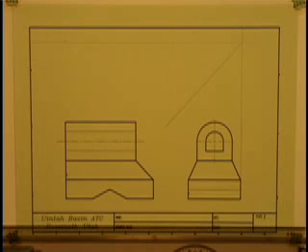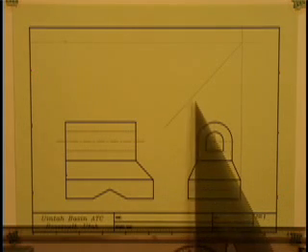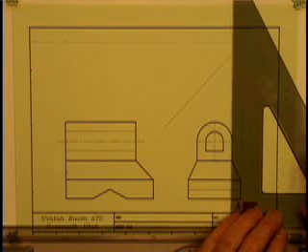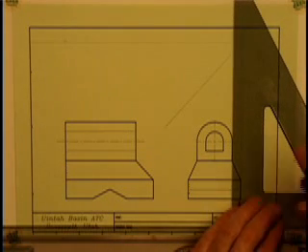Okay, so just like we did with our missing line problems, now we are going to project all of our lines from the side view up to our miter line using a vertical line. So we'll just use the edge of our triangle